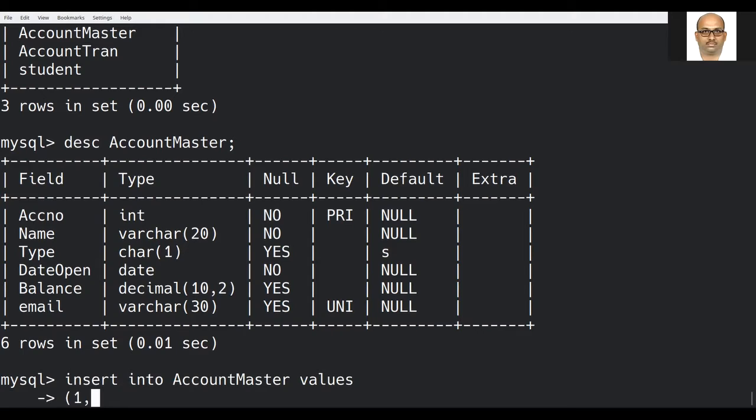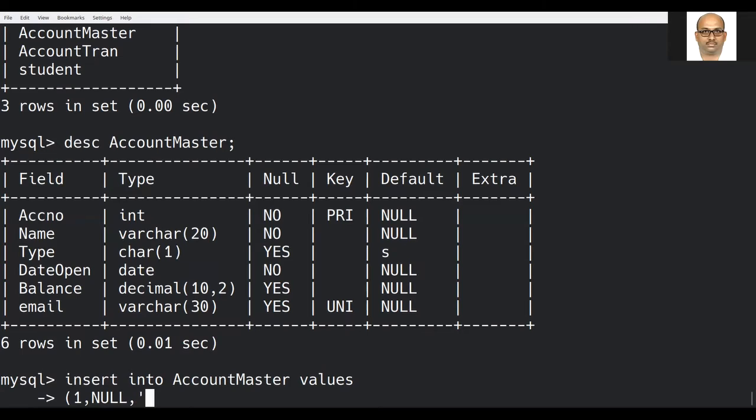Insert one as my account number. Name, I'm entering it as, assume that I am giving it as a null. I cannot give null there. Why? Because it should have a value. But I am giving null. Let us check what is happening there.